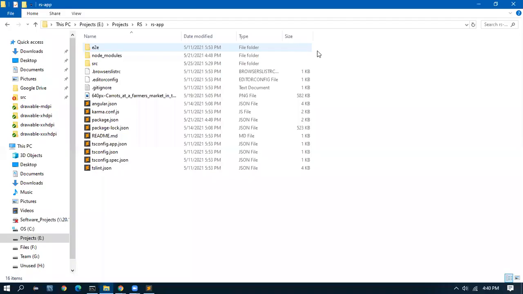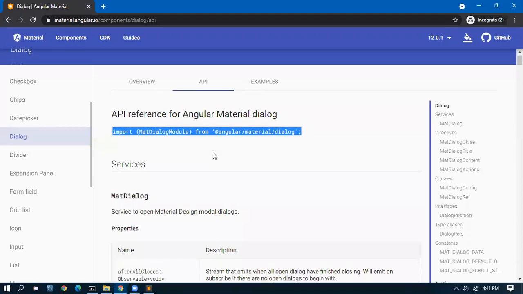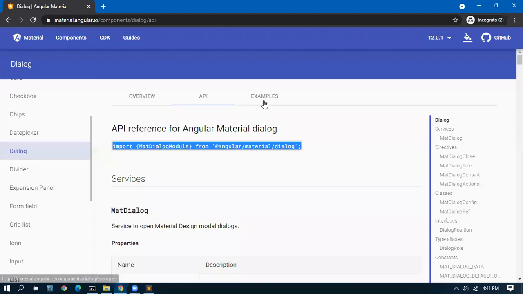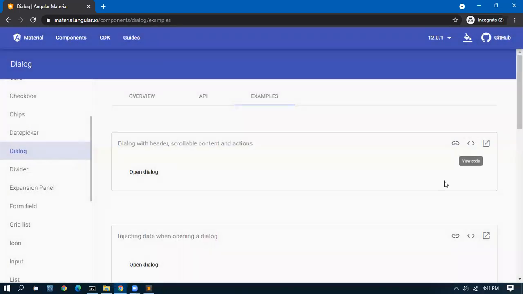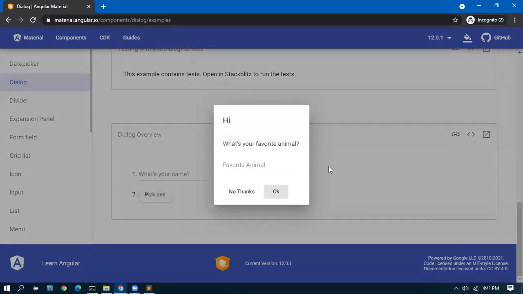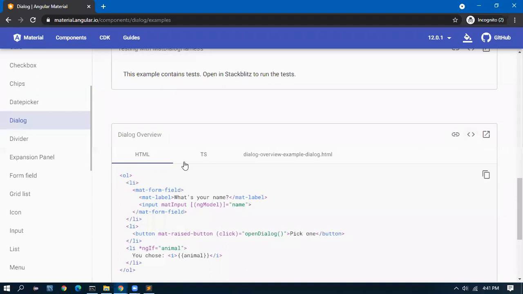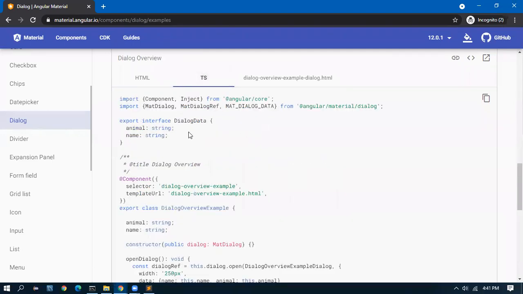Now we go to the documentation, what it says. To use a dialog box like this, I'll go to the last example where I give the name and I click on pick one. A small window is coming. So what they are doing, in the button click open dialog, there is a method.